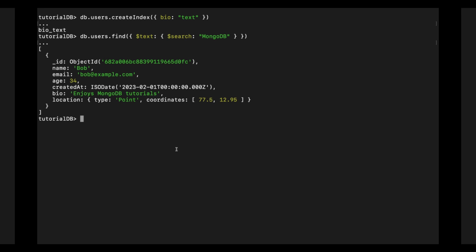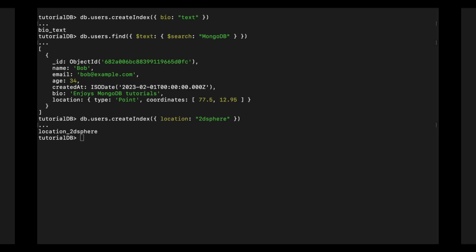Another one is the 2dsphere index. This index will help you to find the documents whose 2D location is within the given range from a given point. Here the field on which you can apply the index should be of type point. In our case, location is the field whose type is point. So we will create the index on this particular field, and we will use the keyword 2dsphere. So the index has been successfully created.